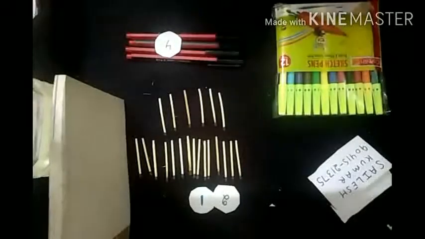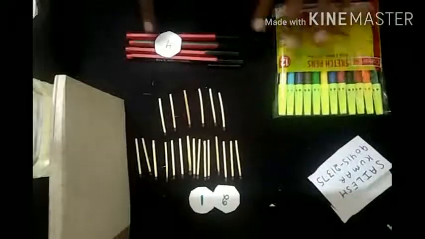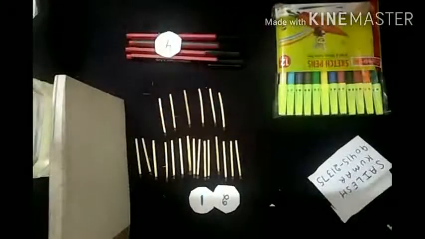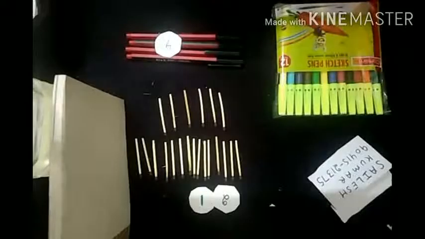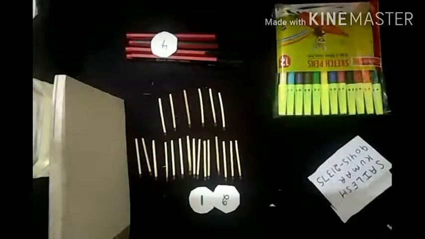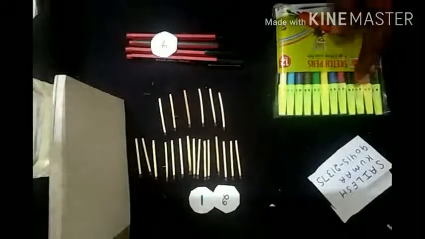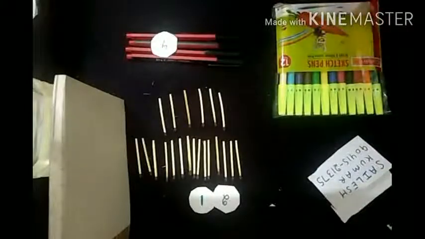When we speak a number, what is the idea we are actually giving to the listener? Here you will see that this is a packing of sketch pens. This is a pack. There are some ball pens and some matchsticks. Here 4 ball pens are there, and I have opted for this symbol 4, and there is a collection of 12 sketch pens, and I have used digits like this to represent their collection.